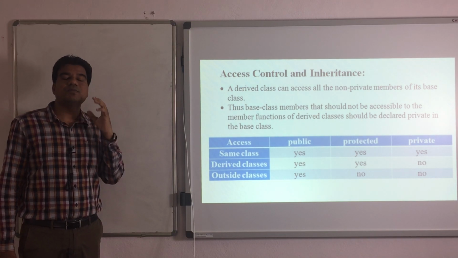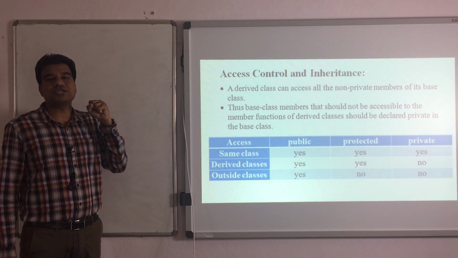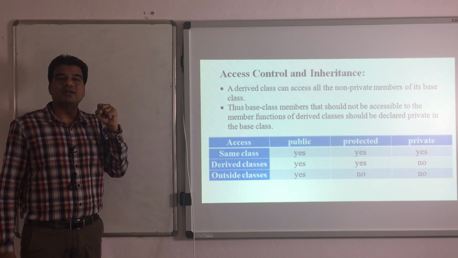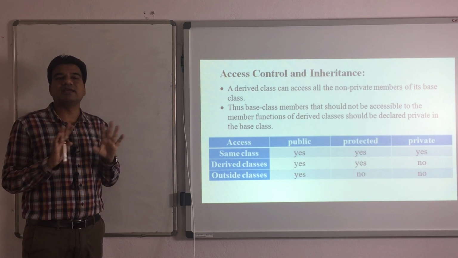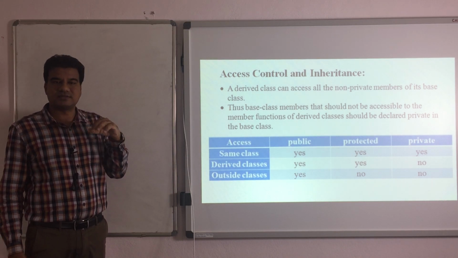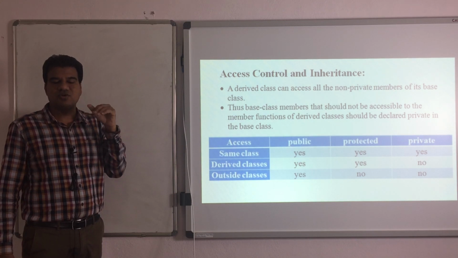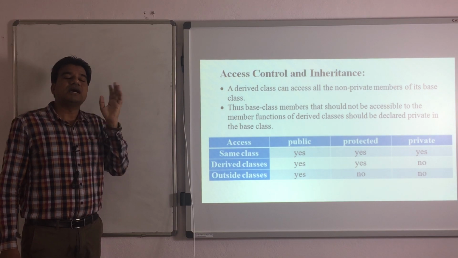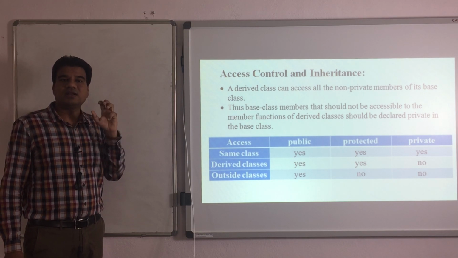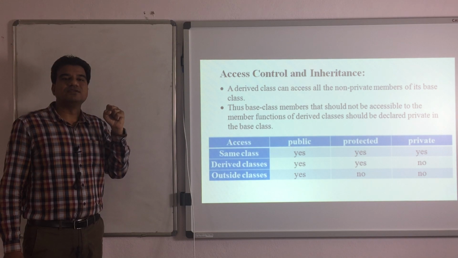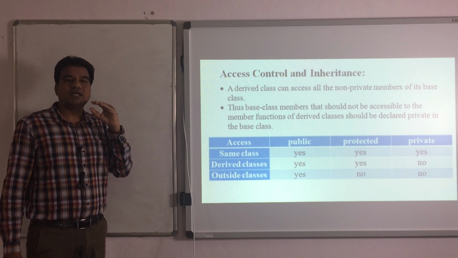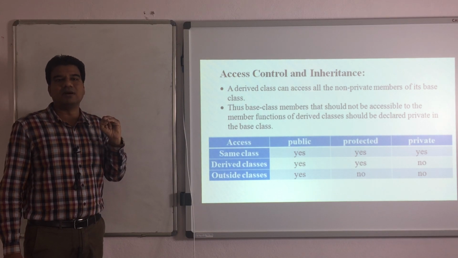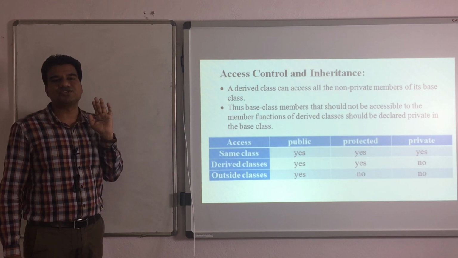There are ways by which we can give more protection to your data members. If that kind of protection is implemented, even the derived classes cannot access your data members. That we will see in our upcoming classes. But for now, you simply remember, unless a special type or any further protection is given to your data members, the derived classes can access the public and protected members without any restrictions.